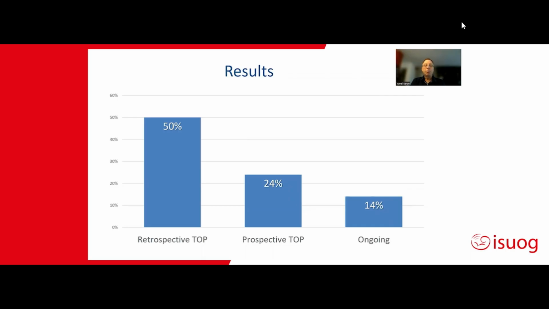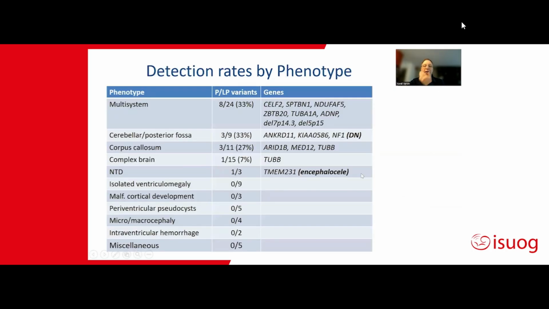So in the retrospective series, as I've shown you before, we had many recurring cases. And of course, this increased the diagnostic yield because these are more likely to be genetic, versus the prospective study where we hadn't had any of these recurring cases. And in the ongoing pregnancy, these were ongoing because they were not as severe and included even mild brain anomalies that may actually be normal variants. And this may explain why our yield has appeared to be lower. Nonetheless, we had interesting results.